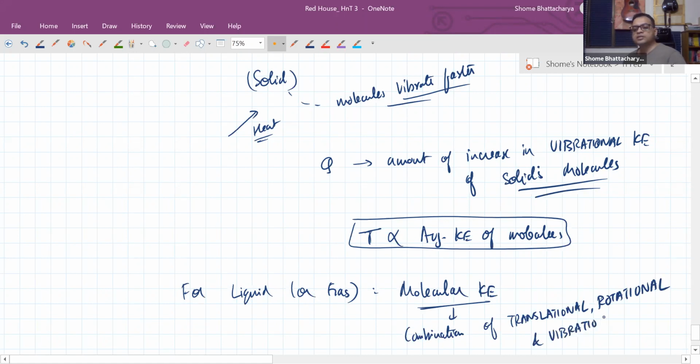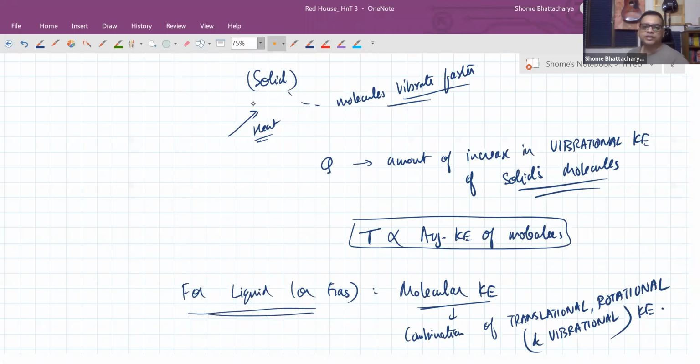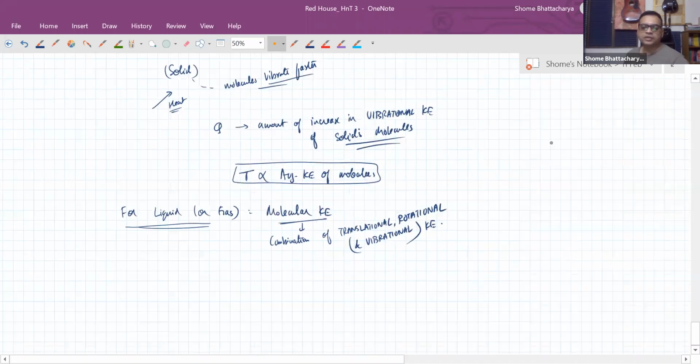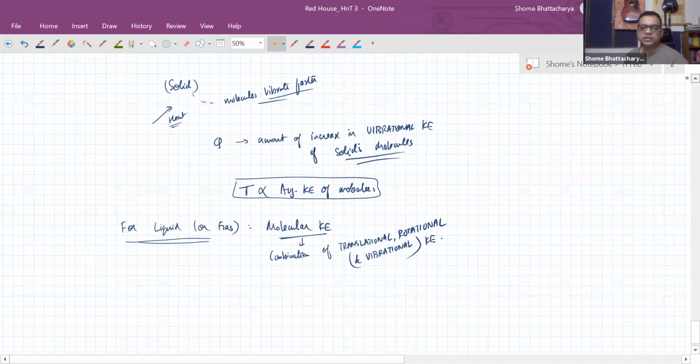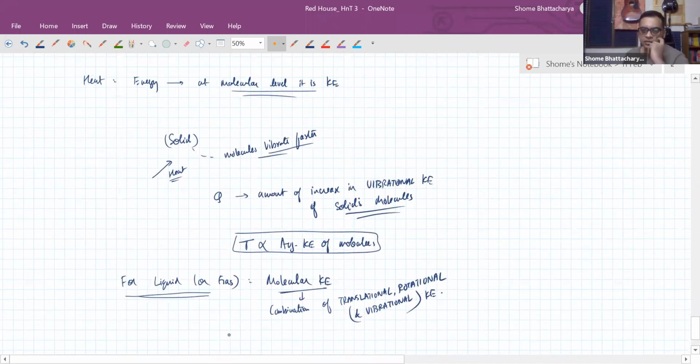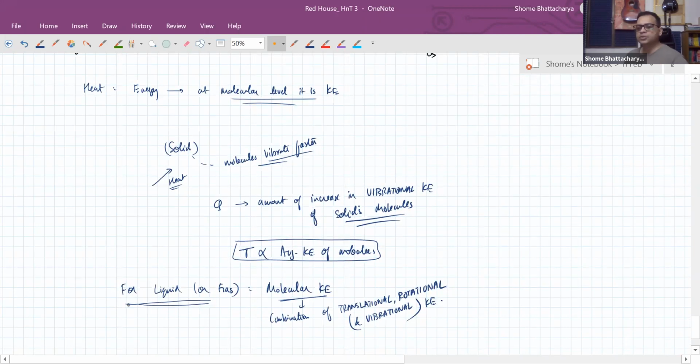And vibrational in certain cases, kinetic energies. Okay. So when we supply heat, the kinetic energy of the molecules, whether it is rotational kinetic energy or vibrational or translational or whatever be the case, increases by that much amount of heat. Increases by that many joules as the number of joules of heat that has been supplied. Or when we absorb heat from a material, the total kinetic energy of all its molecules put together decreases by the same amount of joules as the amount of joules of heat that we've withdrawn.